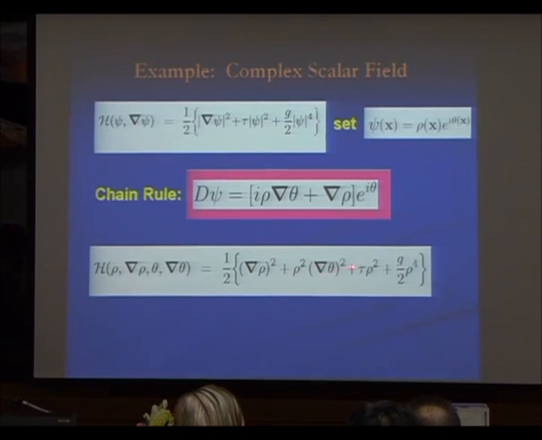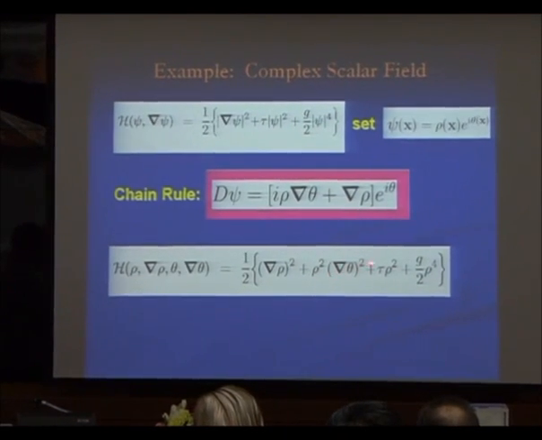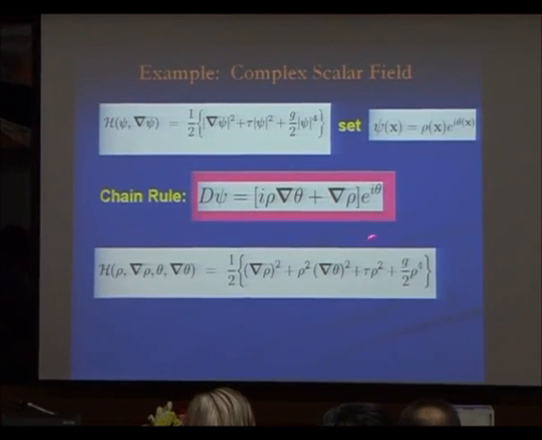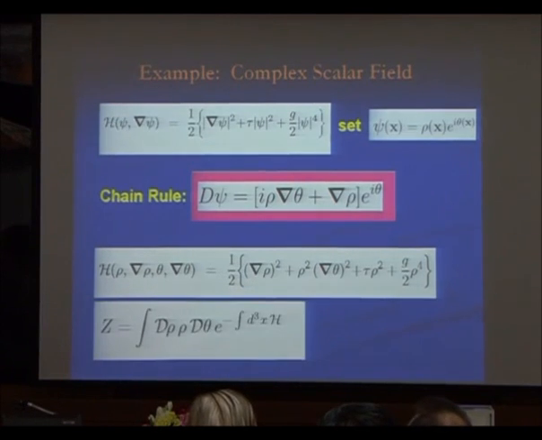But there's a big difference, because this one has the critical exponents of the XY model, and this one has the critical exponent of the Ising model. So they are different theories, so I must have made a mistake. And the mistake, what is it? If you take the partition function of this, you would calculate it as a functional integral over rho, theta and so on. But this is the wrong theory. You get the wrong universality class.